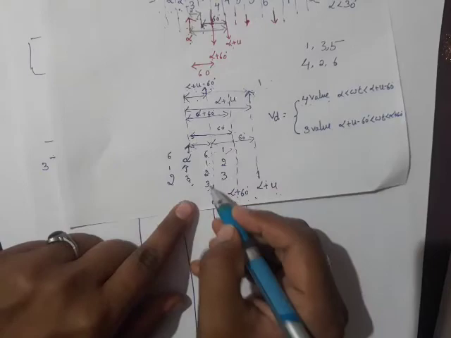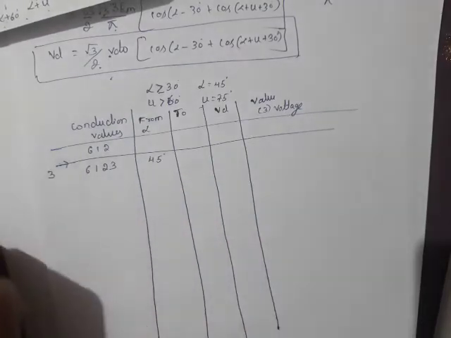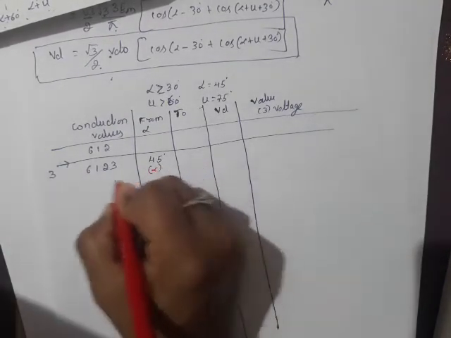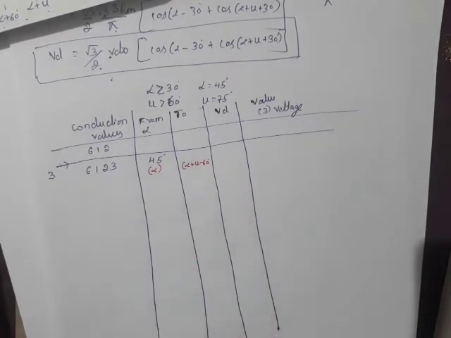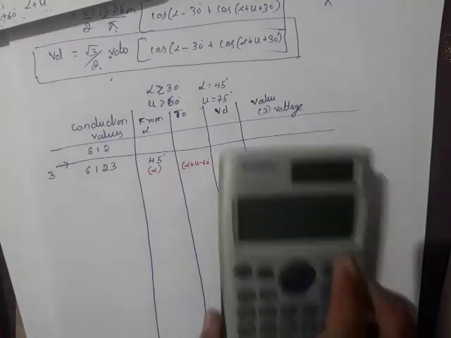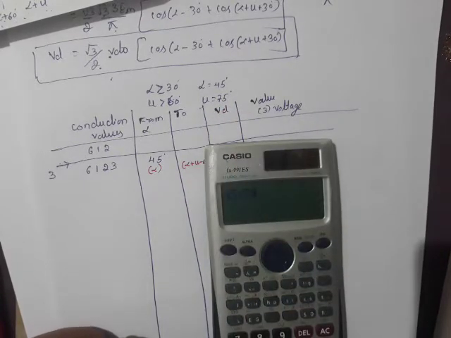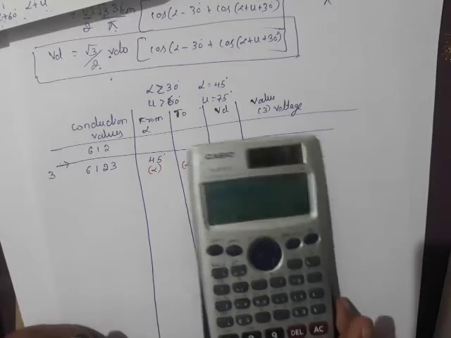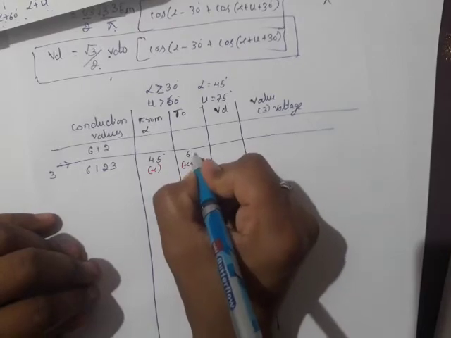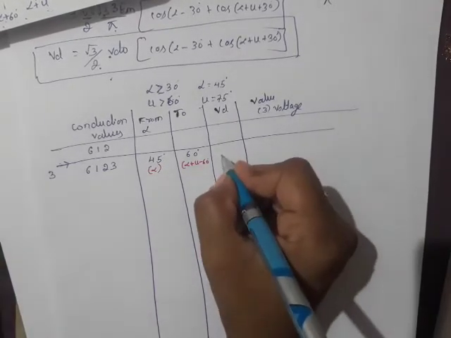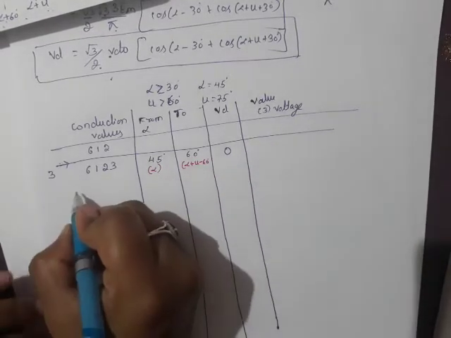See, the 4 valve conduction is from alpha to alpha plus u minus 60 degree. So 4 valves should continue to conduct for alpha plus u minus 60 degree. Alpha is 45 degree plus u. What is the value of u? u is 75 degree minus 60 degree, how much will we get? 60. So this 4 valve combination will conduct for a further 60 degree. When 4 valves are conducting, the output voltage is 0. Valve 3 voltage I will write later.